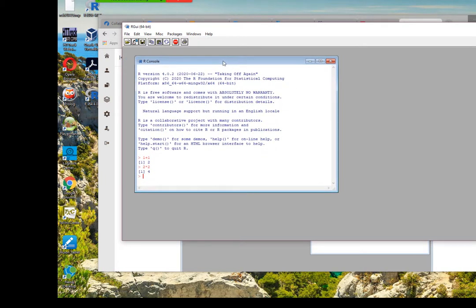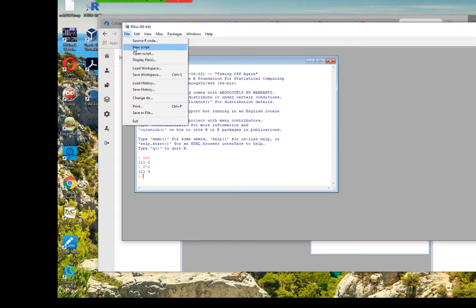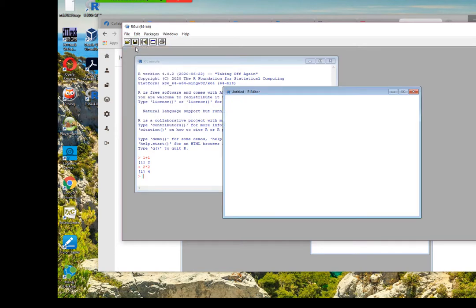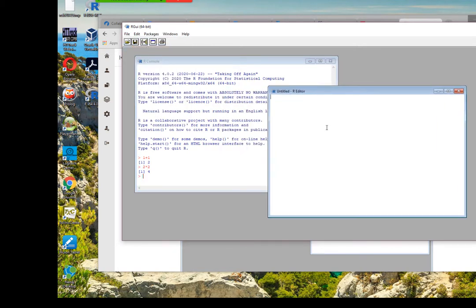In that case, you can click new script, and then write, for example, 1 plus 1, and then 2 plus 2, and so on. You can just keep going.